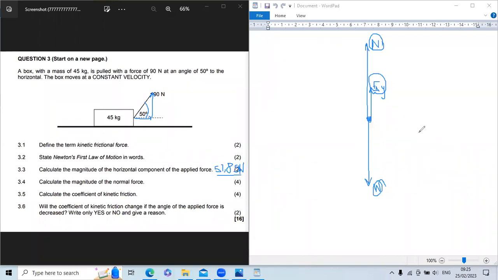Yes, sir. Okay. So since the box is not going up and it's not going down, our acceleration is 0, so our net force is 0. So what you have to do now is say F net, or F net Y if you want to be more specific, is going to be equal to